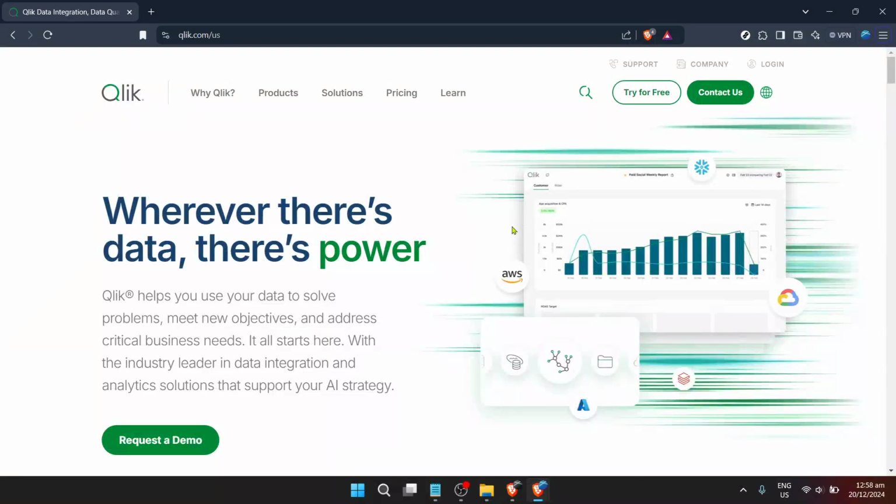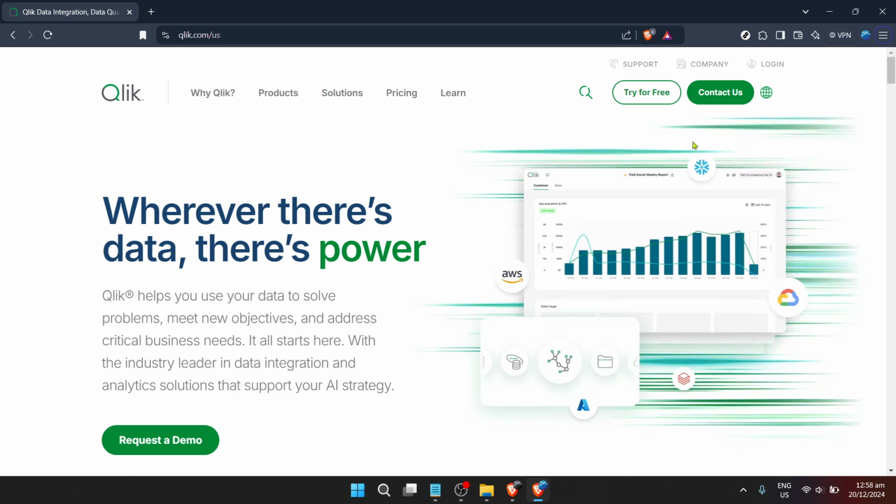In today's video, I'm going to teach you how to export a Qlik Sense app in just about 5 minutes. Whether you're looking to share your work with others, back up your app, or move it to another environment, exporting your Qlik Sense app is a necessary skill. So let's dive right in and make this process as smooth as possible.